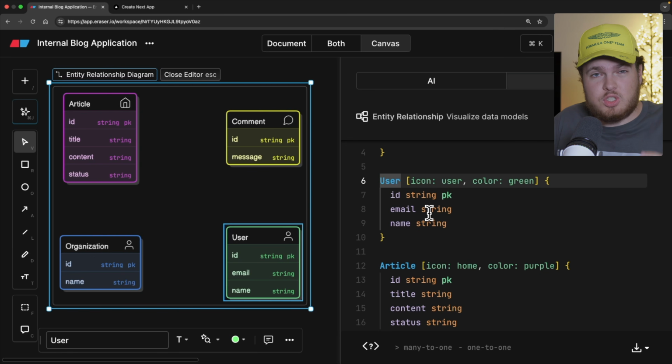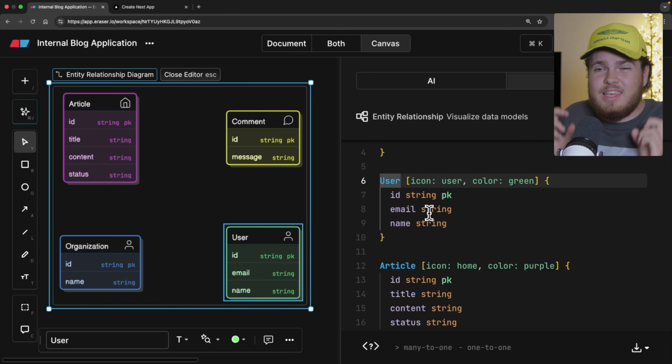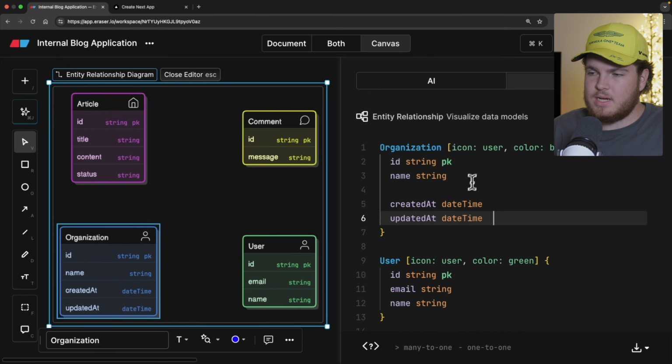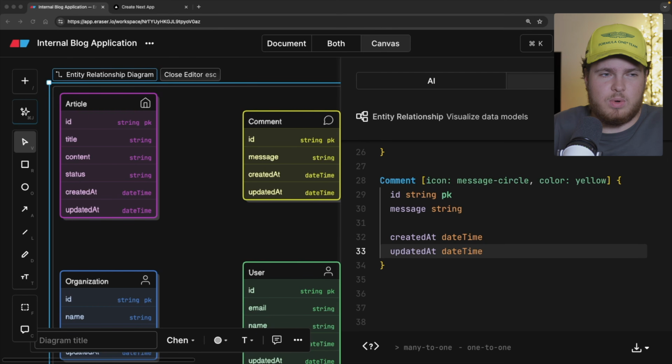Therefore, my recommendation to you is always add them if you're not 1,000,000,000% sure that you won't need them later on in the future. I myself pretty much add them always. 99.9% of the time I have created at and updated at timestamps, even if I don't need them at the moment. Therefore, let's update our tables, and now we're finished with optimizing our database schema, and we can continue with